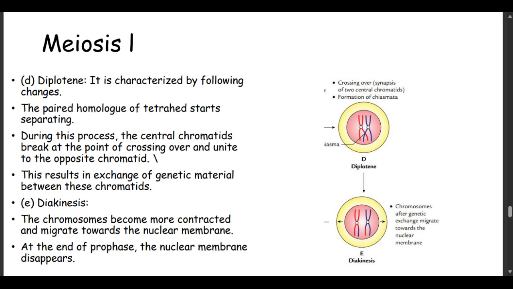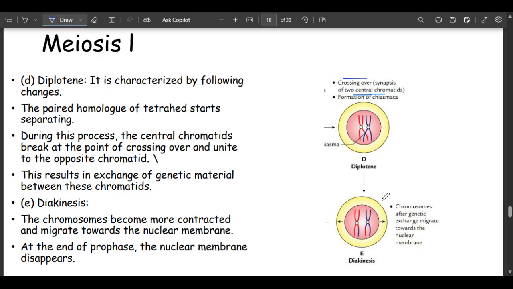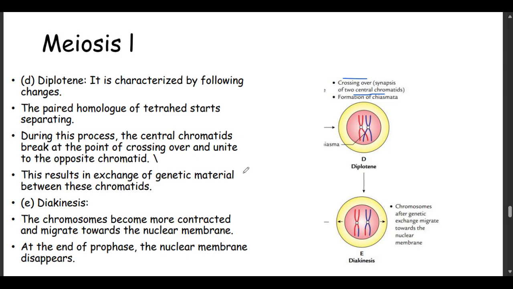You are having the paired chromosome forming what is known as a tetrad, and this tetrad is going to separate. Okay, so this is the process that we are talking about. Crossing over, synapsis is happening like that, and then you have exchange of DNA material like that. And then the chromosomes, after they have exchanged this material, there's a process known as diakinesis. Okay, diakinesis is where you have these paired homologous chromosomes. Now they're going to detach from one another.